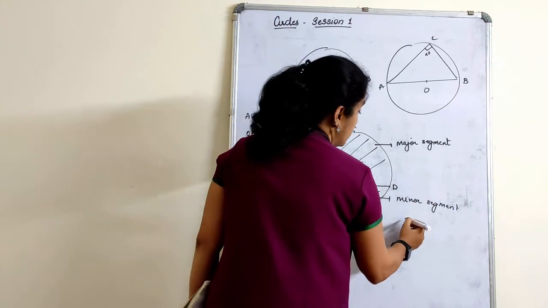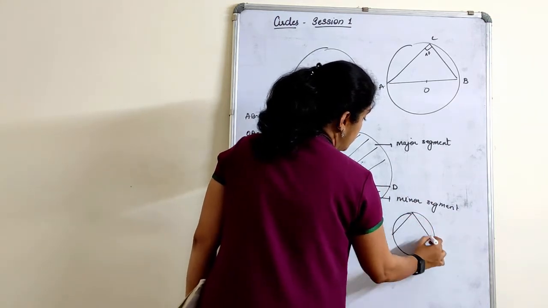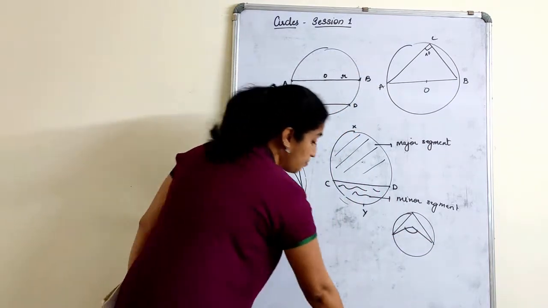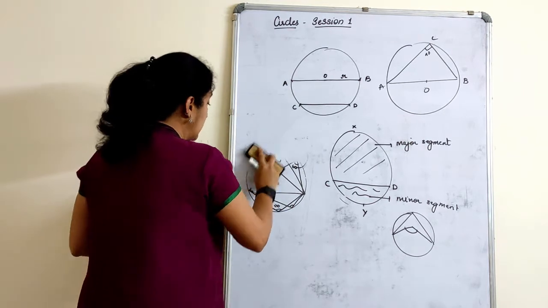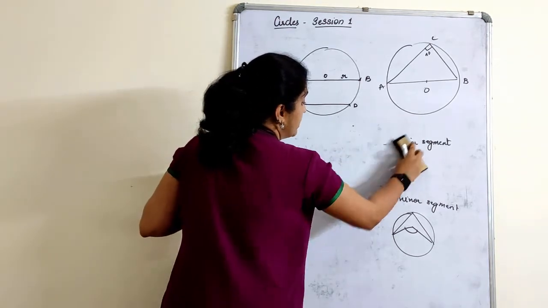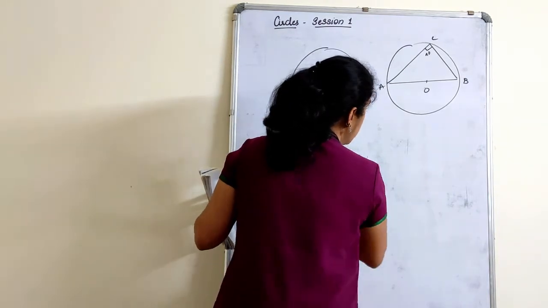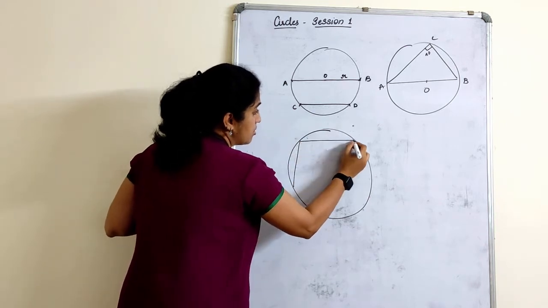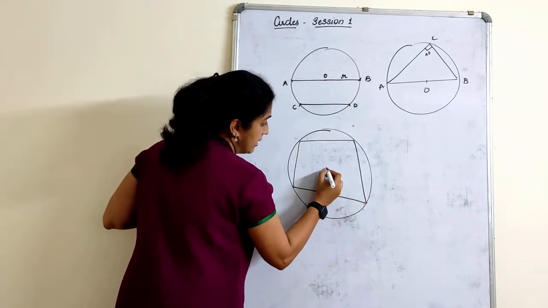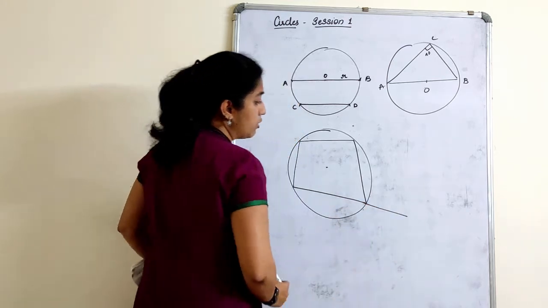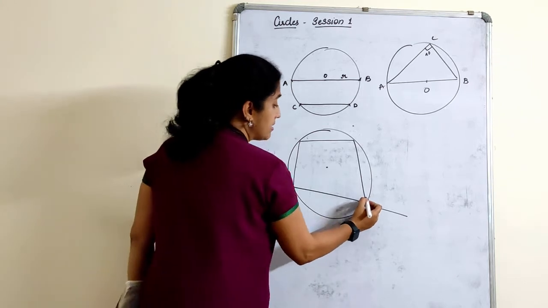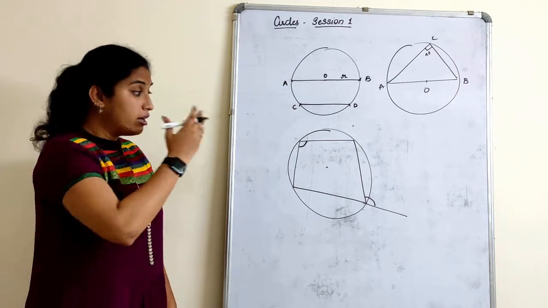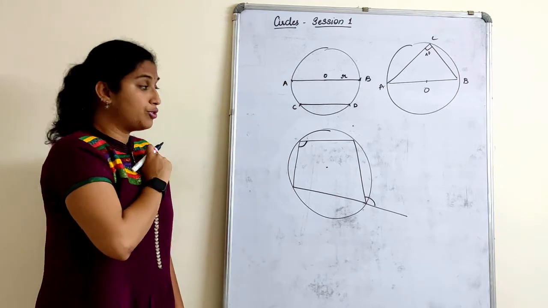You also have studied the central angle and the inscribed angle. The central angle is twice the inscribed angle. That is one thing. Then we studied cyclic quadrilaterals. If the vertices of a quadrilateral lie on the circumference of a circle, then the quadrilateral so formed is called a cyclic quadrilateral, right? One property of that we studied in the chapter triangles: the exterior angle of a cyclic quadrilateral is equal to its interior opposite angle. This we have already proved in the previous chapter, triangles.